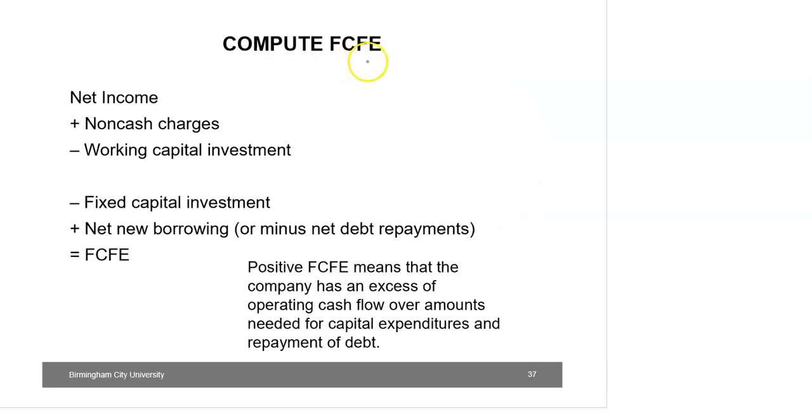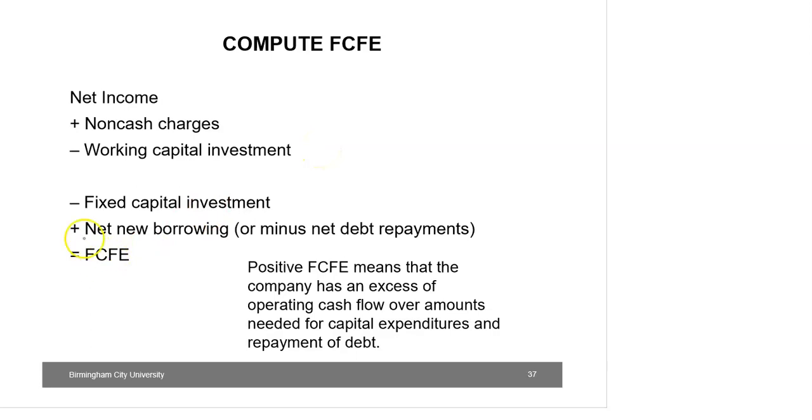As free cash flow to equity represents those cash flows that are available to the common shareholders of the company, we do not need to adjust for the after-tax interest expenses. However, we will be considering the net borrowing to calculate free cash flow to equity. So the first three entries in the formula remain the same. That is net income plus non-cash charges minus working capital investment. Again, these will be equal to the cash flow from operations in the cash flow statement.